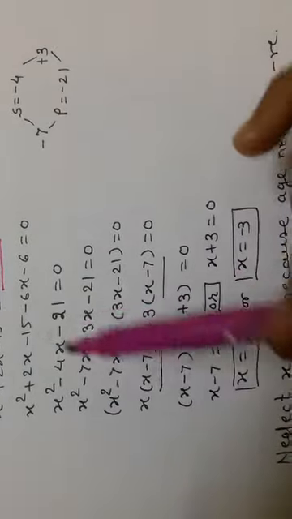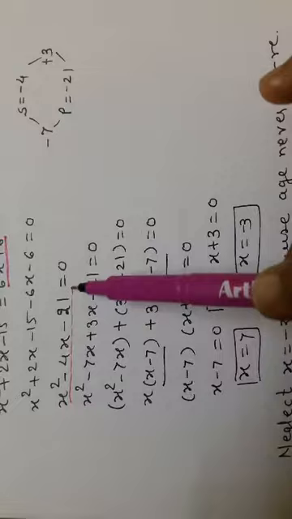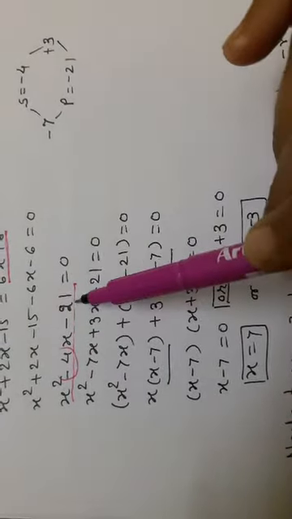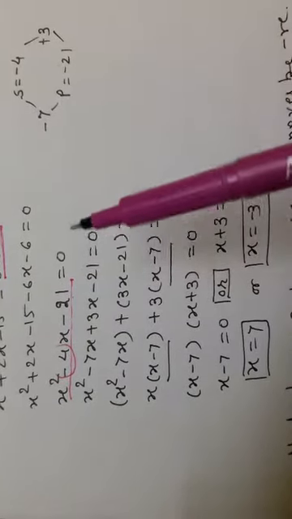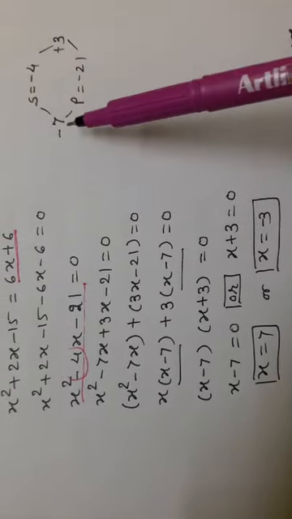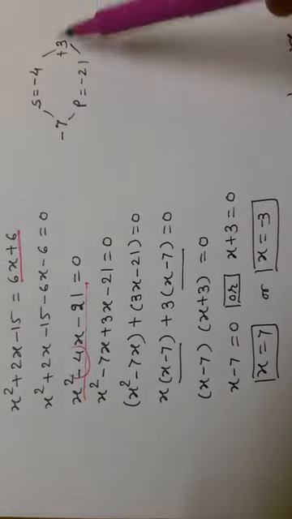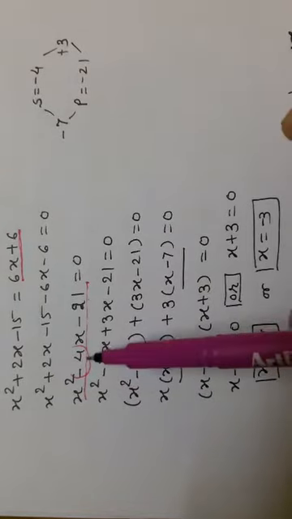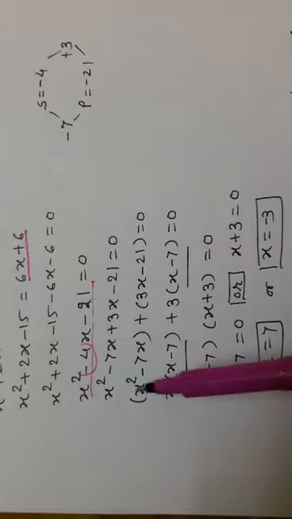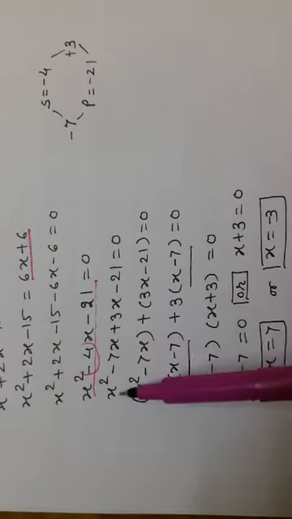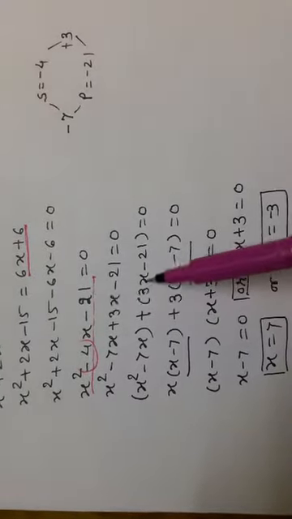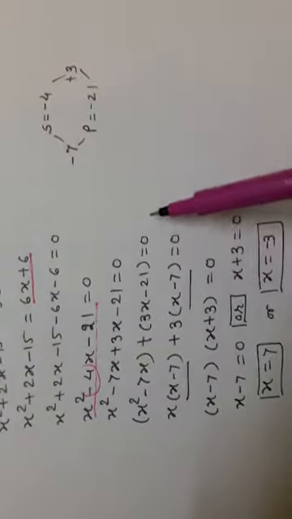Now are you finding this is a quadratic equation? Now we want minus 4 as a sum and minus 21 as a product. Means one term should be positive and one term should be negative. 7 3s are 21, but minus 7 plus 3 is minus 4. That's why we will split up minus 4x as minus 7x plus 3x. Now we will do the next step, grouping. x square minus 7x in the first group, this is a plus, that's why we will write as it is, 3x minus 21, which is equal to 0.